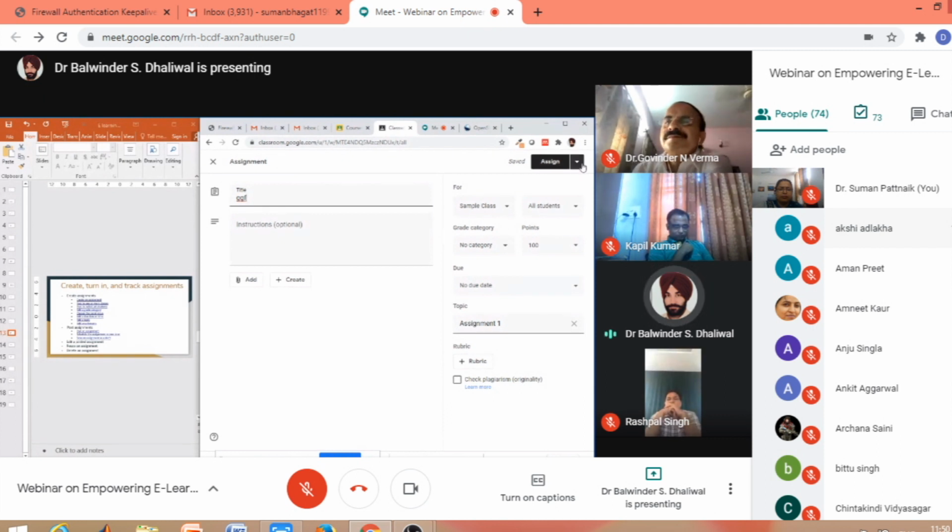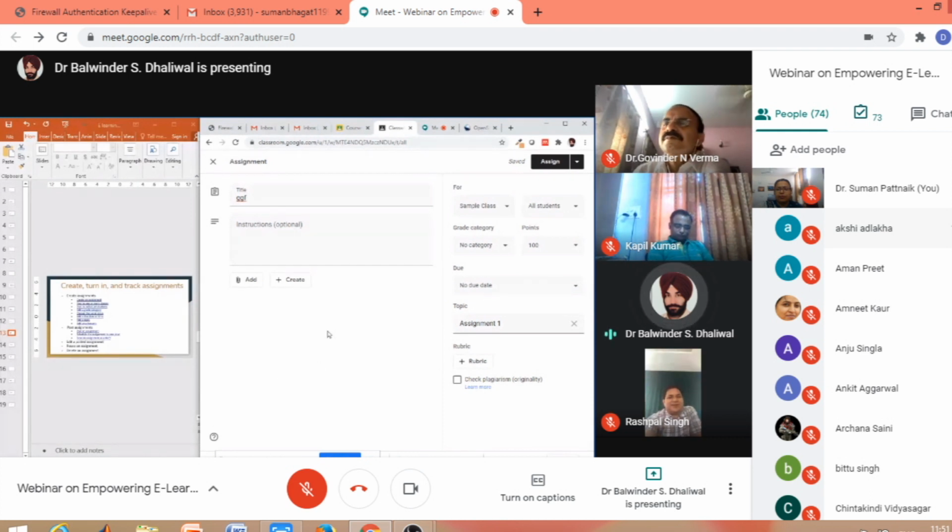After doing all this, once we type the title, this assign button will become active. So we can immediately assign the particular topic to the students, or we can schedule an assignment, or save a draft, and then add it after some time and assign. So there we can assign immediately, schedule a particular date and time for the assignment, or even create the assignment and save it in draft. So all these options are possible with assignment creation.